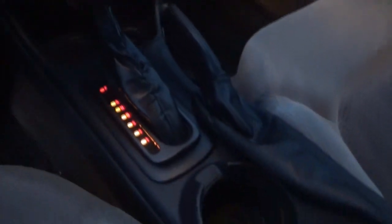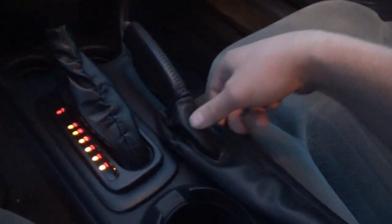We got our coin holder or cup holder clean. I tried to clean that out. Like I said, those don't come out, but they look pretty good. There's really not a whole lot left in there. We did this pad here, wiped that off. Got the shifter boot, the leather. Tried to clean that off as best as we can. Handbrake handle's also clean. Yeah, it looks a lot better,